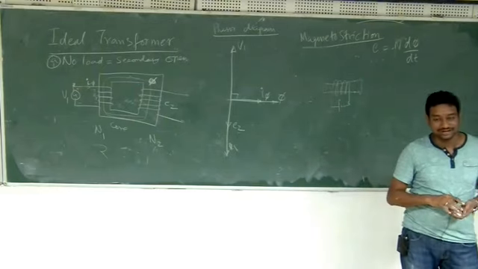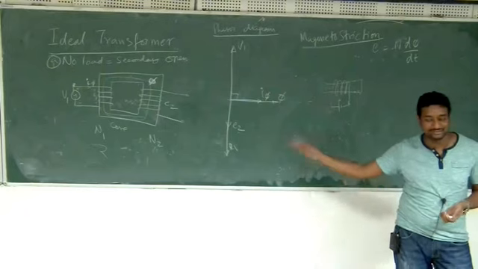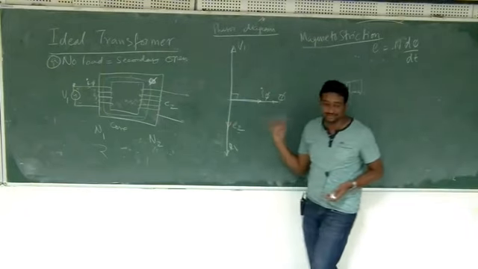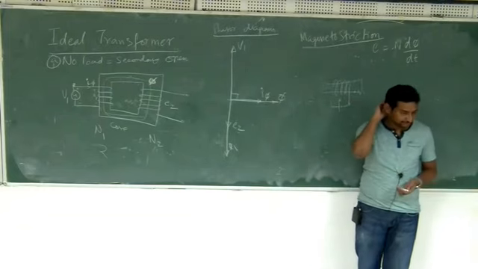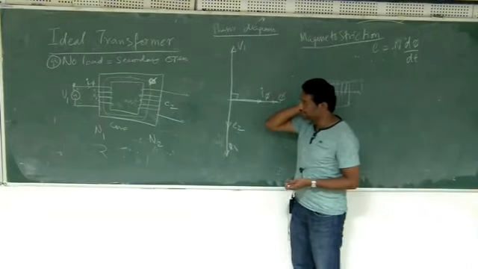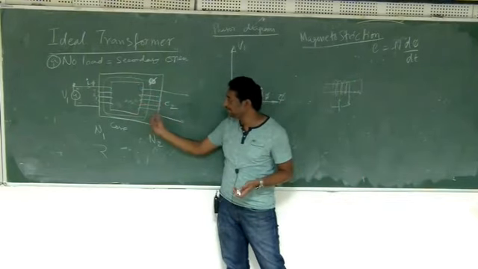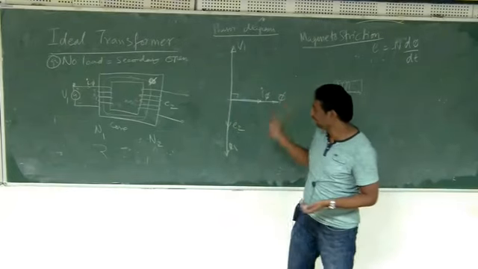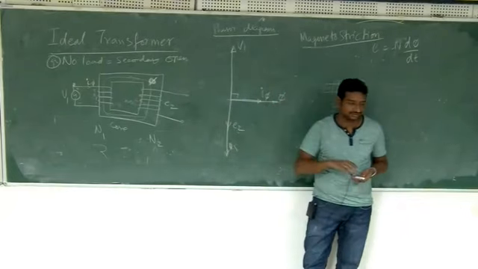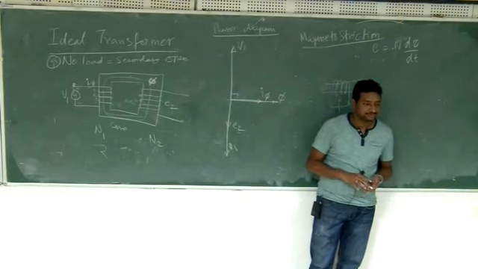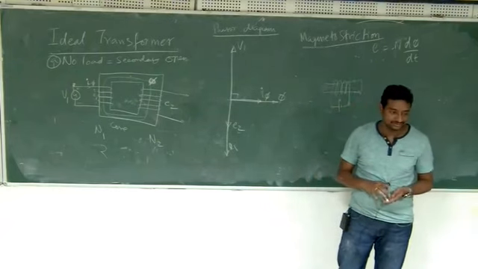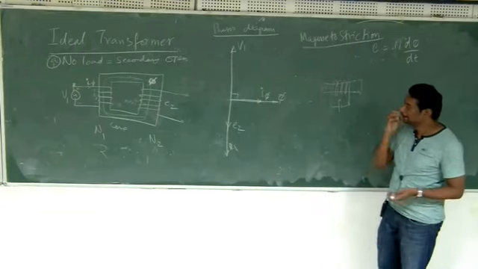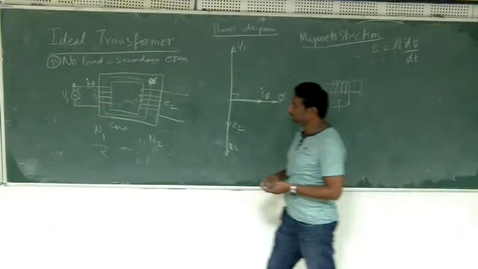Okay. Now the question is, how do you account for that loss in modeling of our transformer? So we are trying to model the transformer. How do you account for that loss? The loss is because of the magnetic properties. But in the electric circuit, how do you show that as a loss? So some kind of resistance we'll have to put. Okay. So we'll put that resistance.